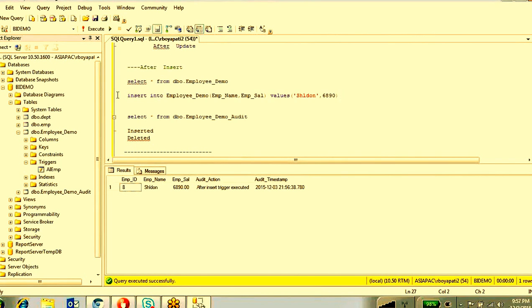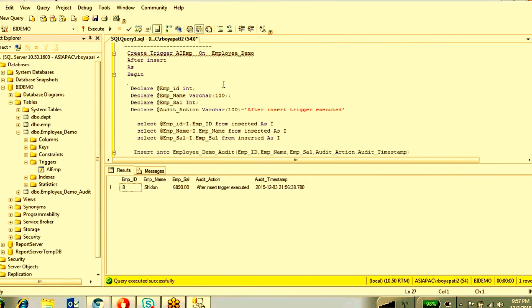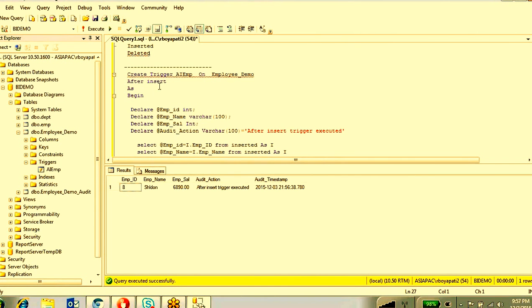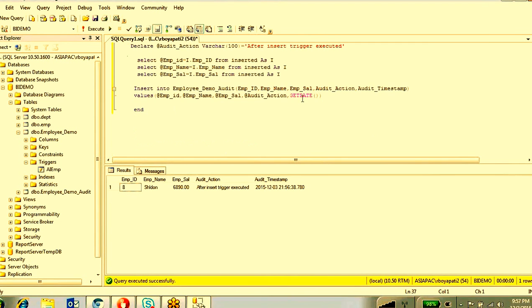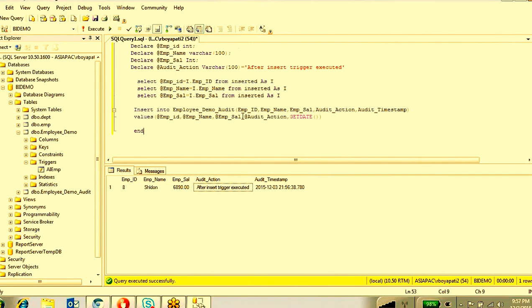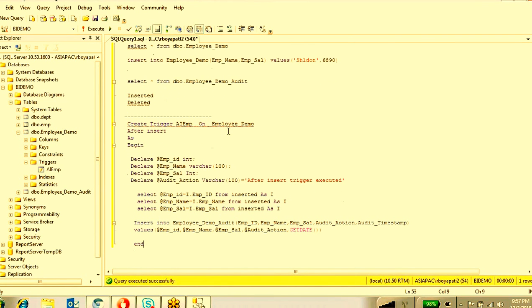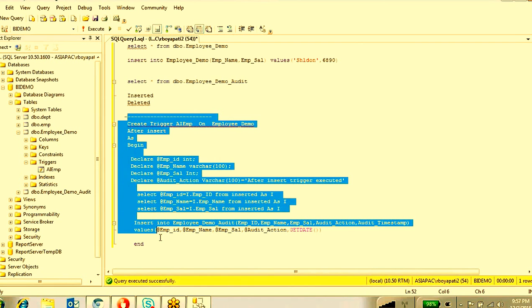Whenever you insert data, it fires this after insert trigger and inserts whatever data you inserted, the name, employee salary, the audit type saying after insert trigger executed, and the current time. Got it? So this is the after insert trigger.